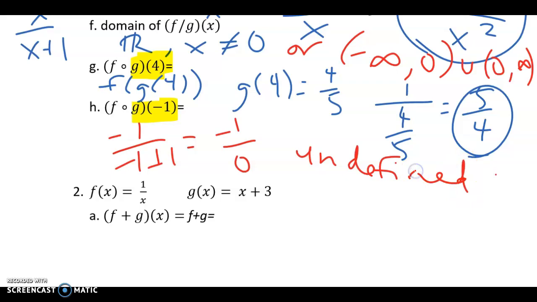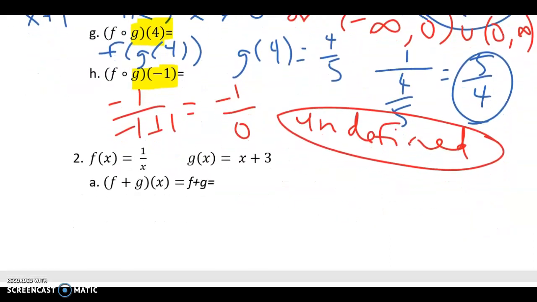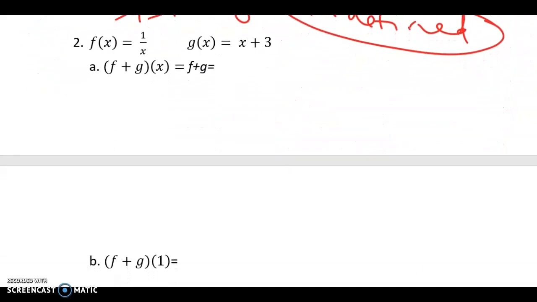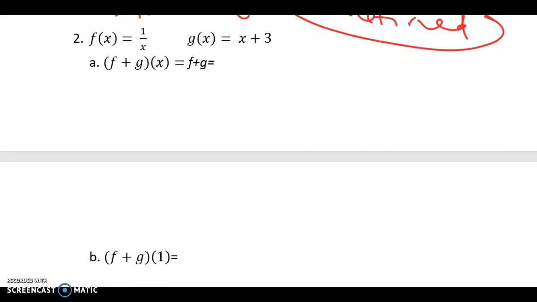In WebAssign, a lot of times it'll say does not exist, and you have to type in DNE. But one of those two things, undefined, doesn't exist, kind of the same idea. Okay, let's move on and do another one that's slightly different. Same idea, though. We're going to go through all the same exact steps, just with a different function, just to see a little bit more. So here's a new f of x and g of x. So f of x is 1 over x, which it still was before, but now g of x is x plus 3. So when we go to add these, it'll look a little bit different then,